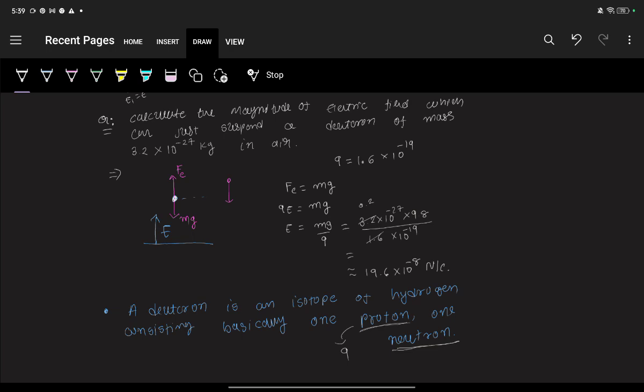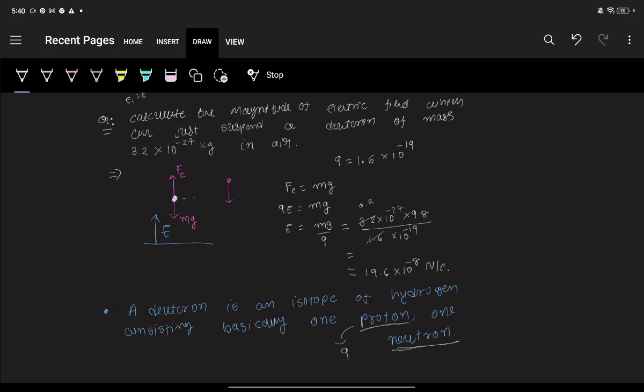Sir, there was a question in one of the books I checked, similar to this, but they have given iron. In that case, we have to do the number of moles into 6.023. Yes, absolutely. But in this case, if they give deuteron, or the next isotope,